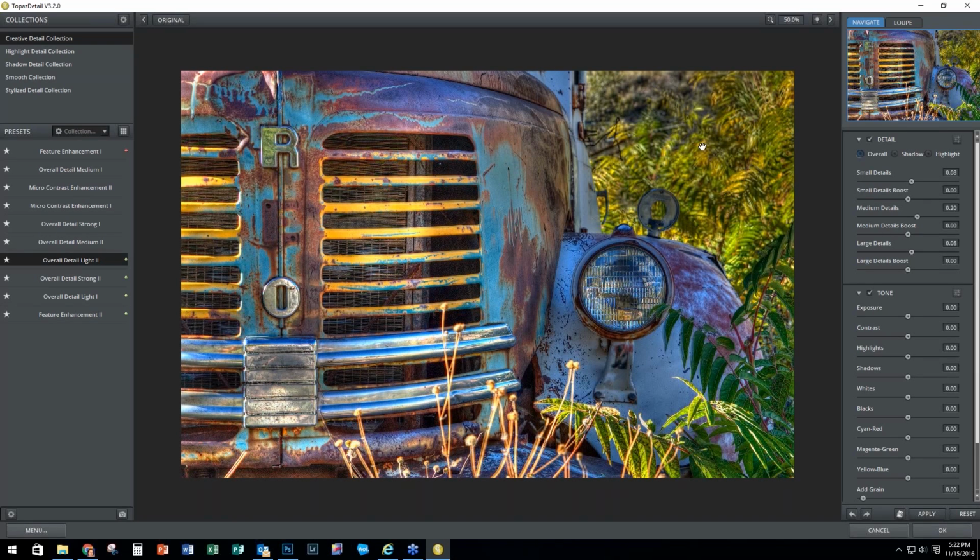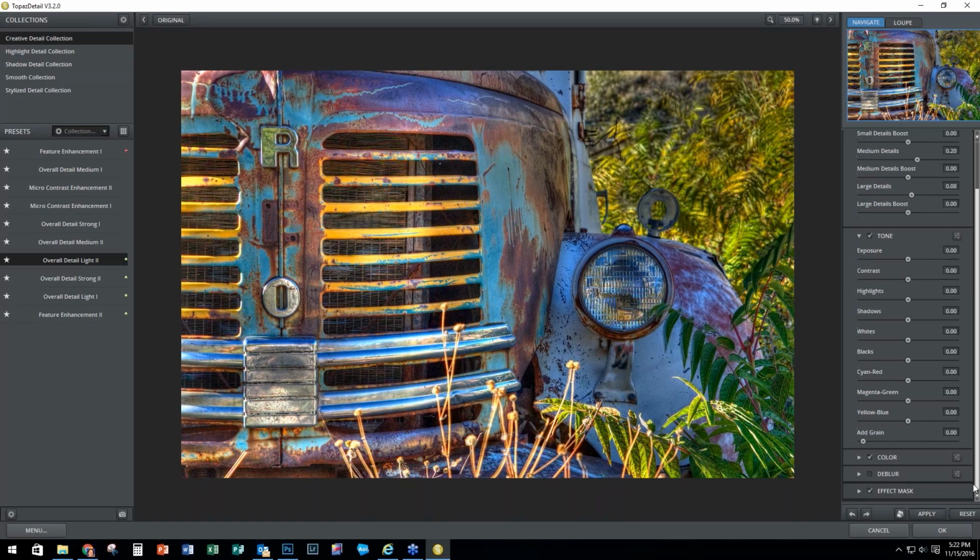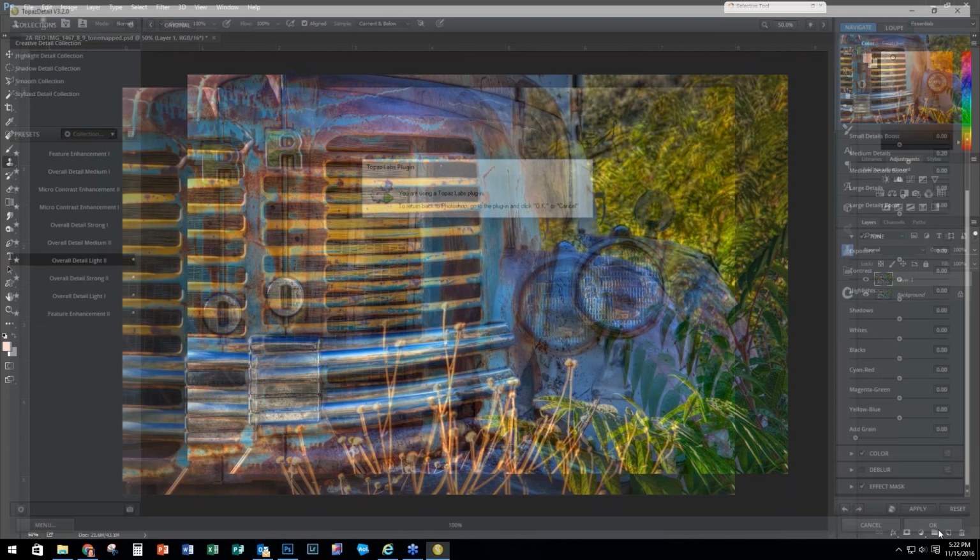But of course, I don't want to sharpen my background, so I can mask it here, but sometimes I kind of forget about that, or I'm not sure where I want to mask. So sometimes I do it while I'm in Topaz, right in the program, and sometimes I will do it back in Photoshop. So I'm going to say OK,